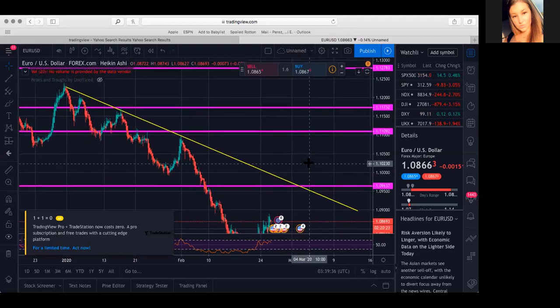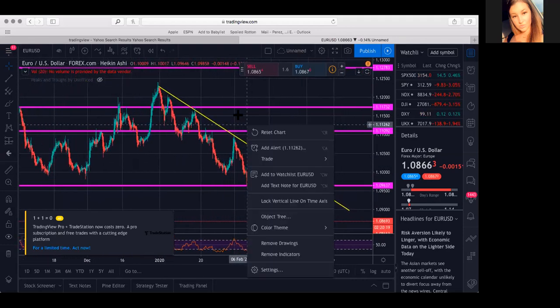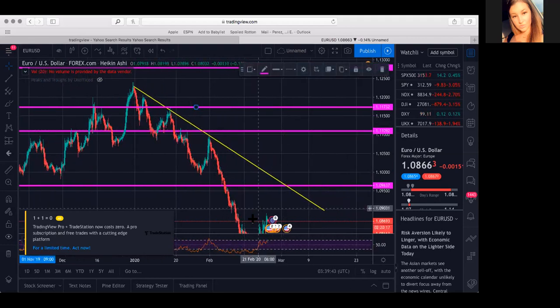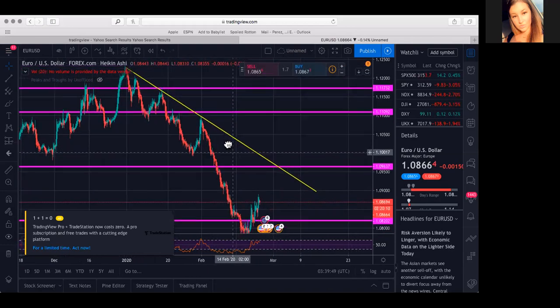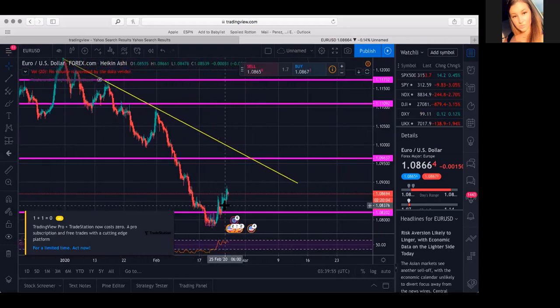All right, so when we're looking at this, it's safe to say that we're still in a downtrend, right? Because price hasn't broken through this trend line, right? But we see price shoots down and it goes right here to one of our support lines. And then if I zoom in,